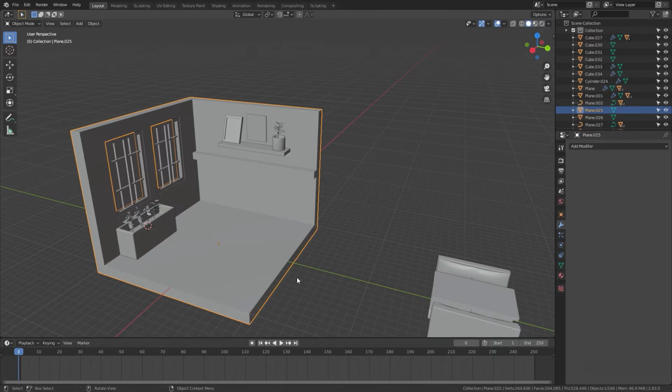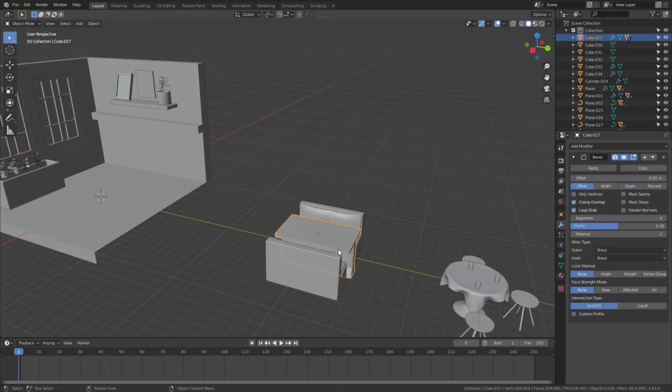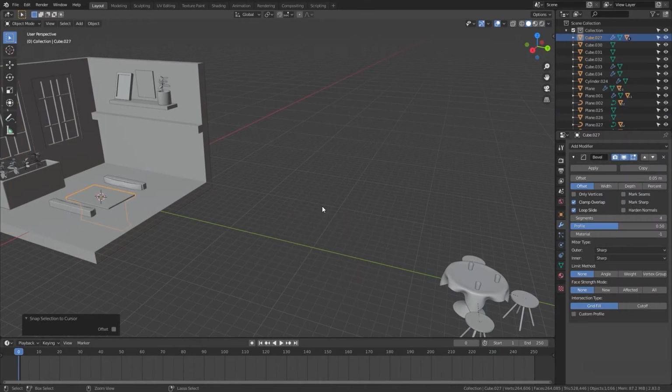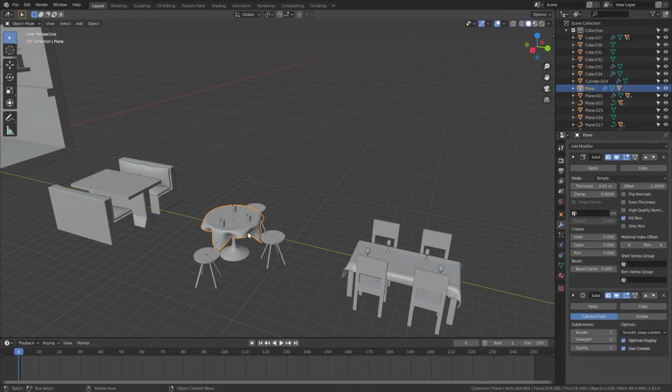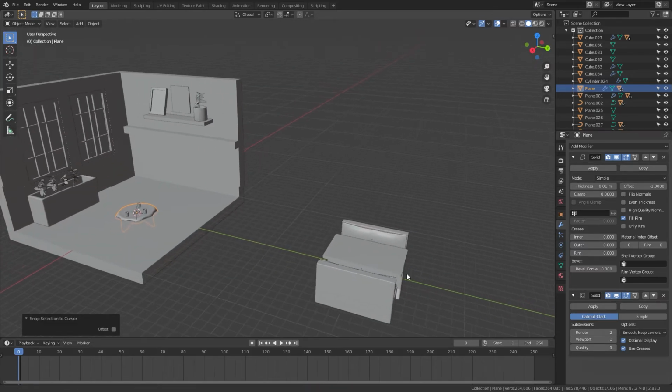So we move the cursor to the origin point of the scene with Shift S, cursor to selected, and we select this one, Shift S, selection to cursor, but it's better to move this at first. So Shift S, selection to cursor, and